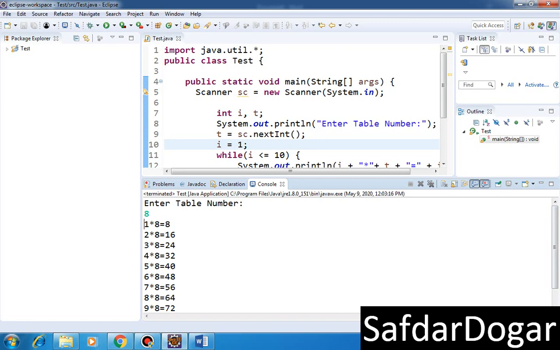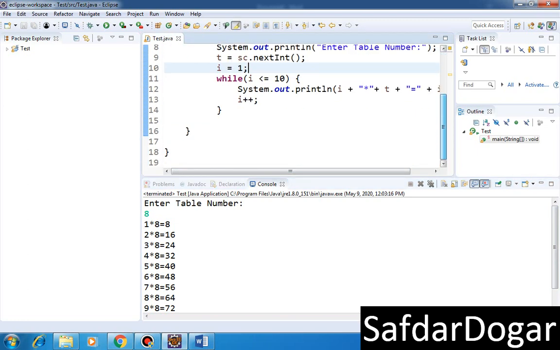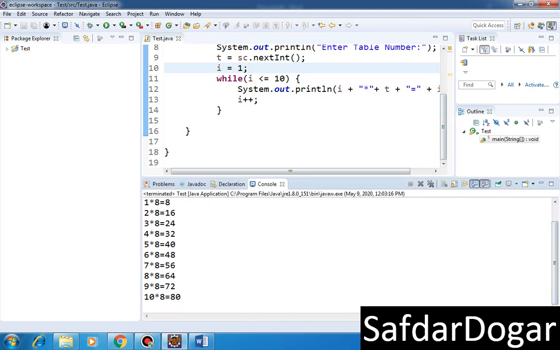And viewers, I want a prompt to ask me, do you want to check another number or not? If I press Y, the program asks me to enter a number, and then I enter any number, and the program shows me the table of that number.